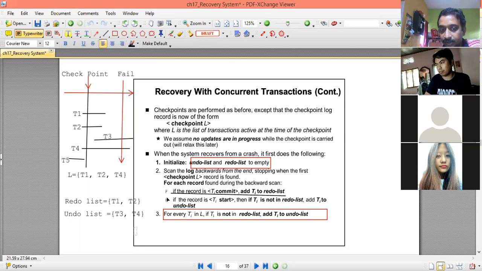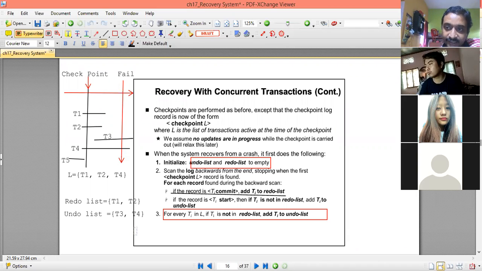Therefore, that transaction needs to be undone. Whatever has been done should be undone. So T4 is put in the undo list. Is this example clear to you all? Yes, sir.